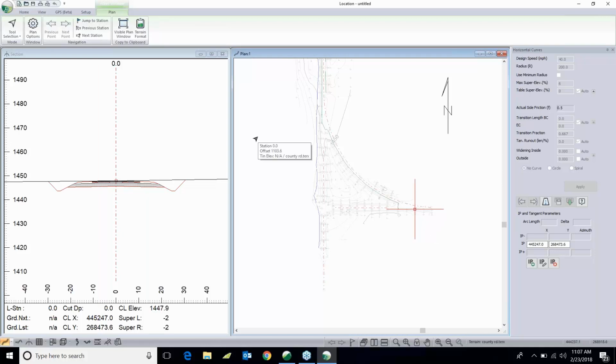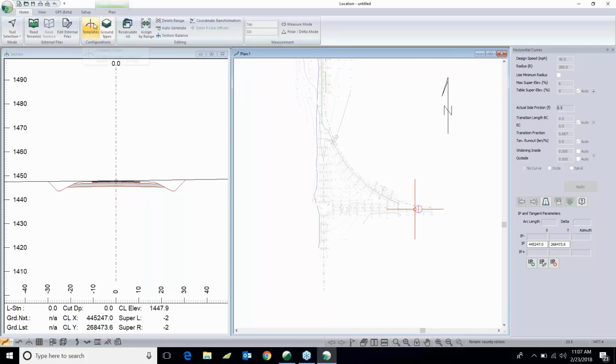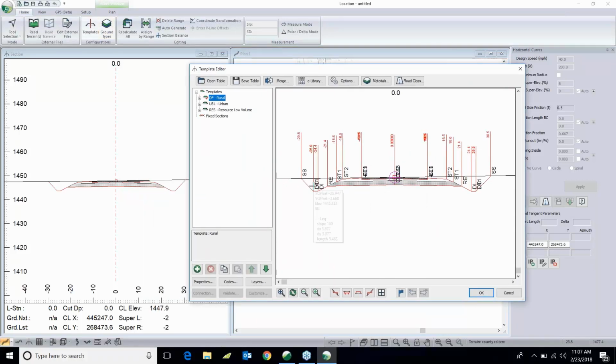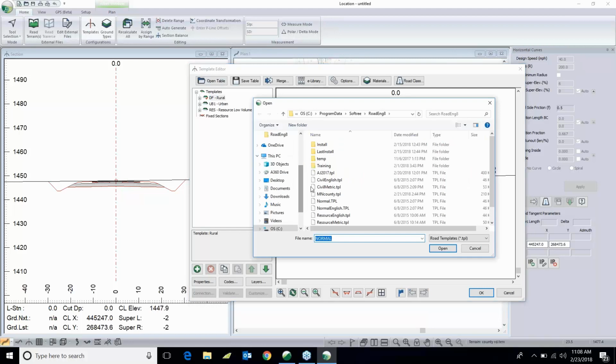Next concept I want to talk about before I actually start designing is templates. I'm going to get a set of templates that are a rural paved road. In this case, it doesn't have to be a rural paved road. It could be a gravel road. It could be a rail. It could be an urban curb and gutter with sidewalks. I'm going to open up a